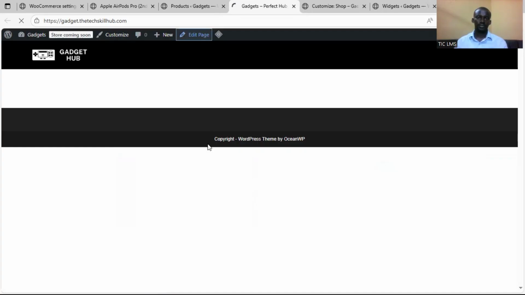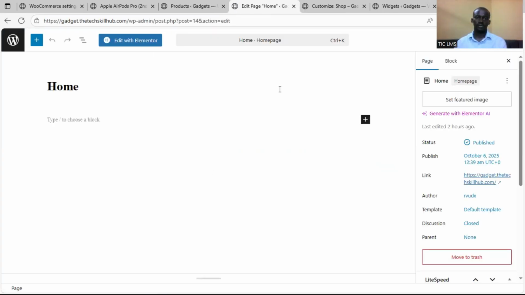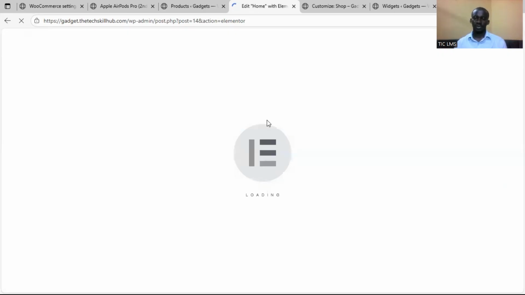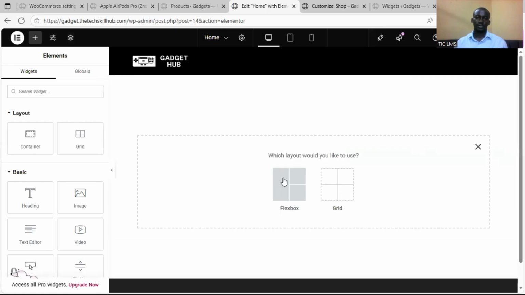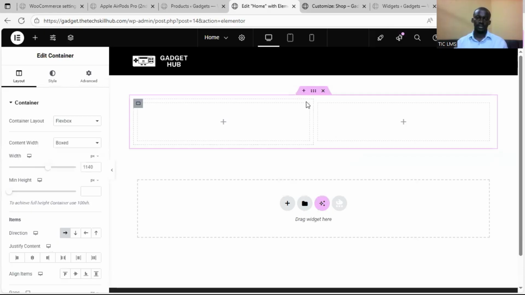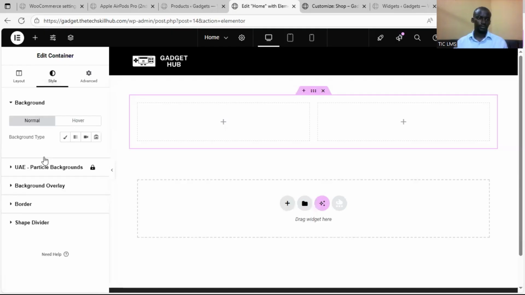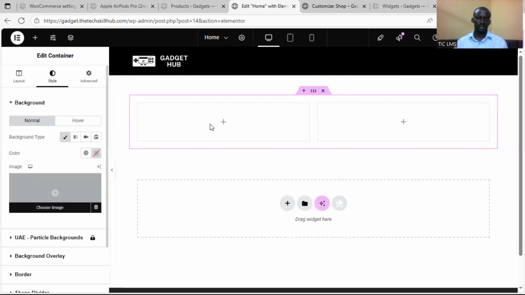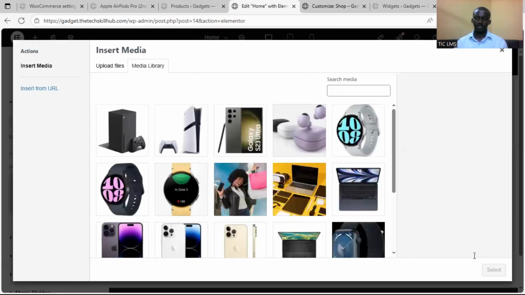Now let's edit. Click on edit with Elementor. Now I want us to bring in our product to the front page. We're going to do a little styling just to make it look a bit cool. So let's just add something on the front, as the hero section. Now this is not 100%, but we can always change this. So let's just add a background here. Let's put in this,